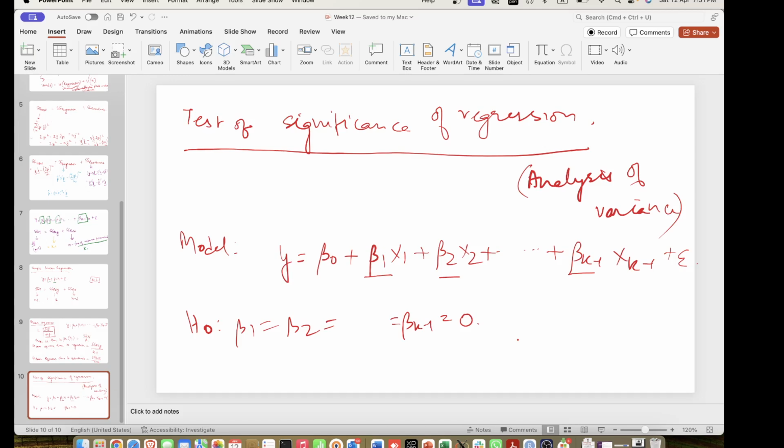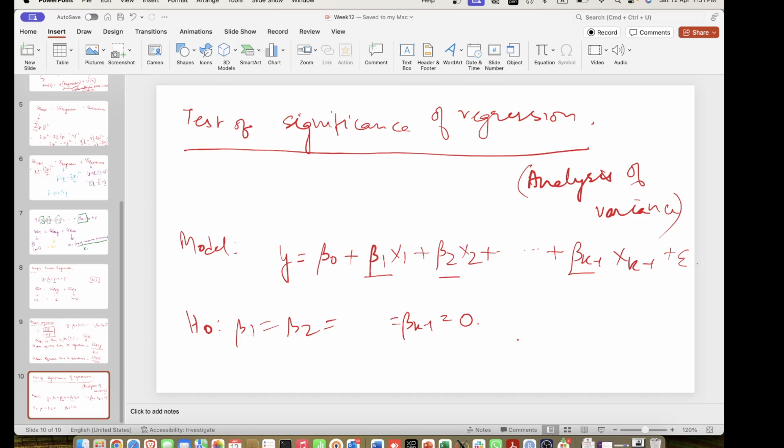So that means that these variables are not at all worthy of keeping in the model, and since I'm testing all of these together, this essentially means that the model doesn't make any sense. Okay, so this regression is a non-significant thing to do. Alright,